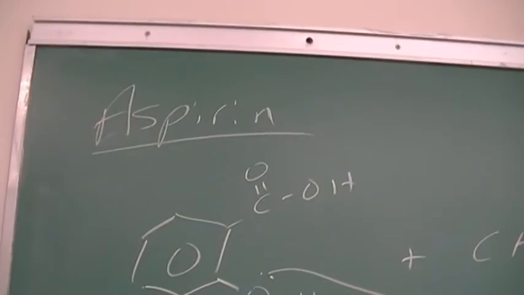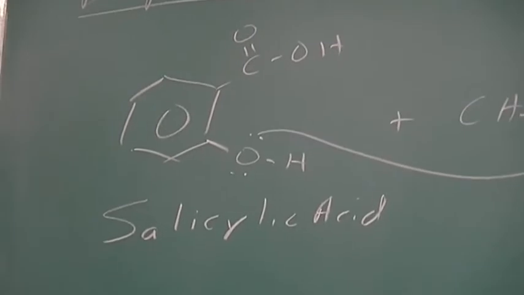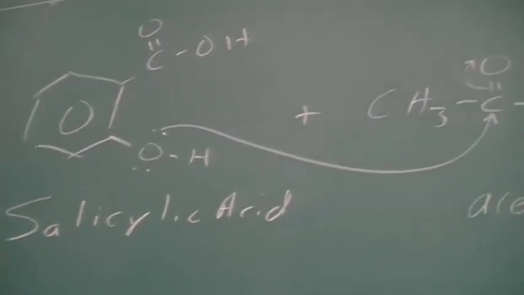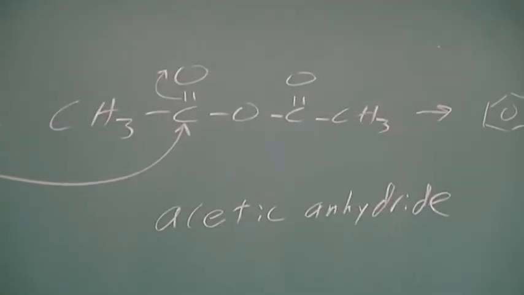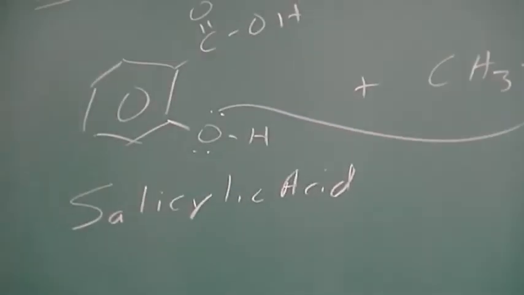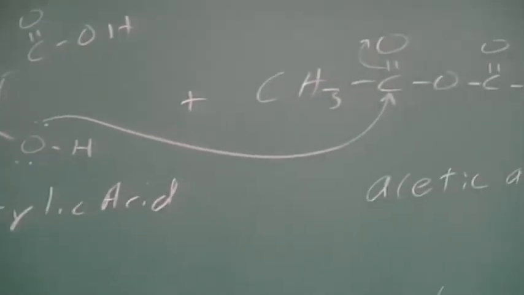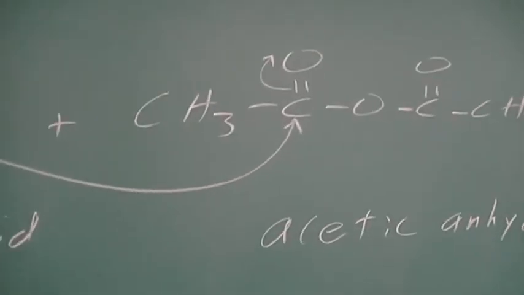Today's experiment is the synthesis of aspirin. So we are going to take salicylic acid and we're going to add to that acetic anhydride, and then the alcohol on your salicylic acid, the O from the alcohol, will attack the carbonyl of your acetic anhydride,